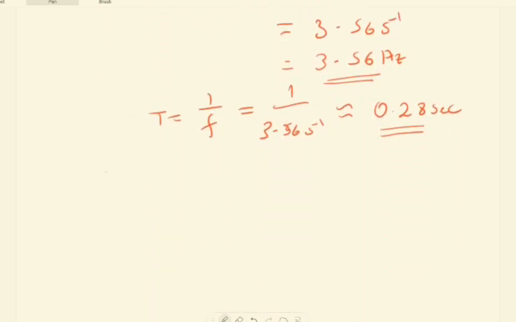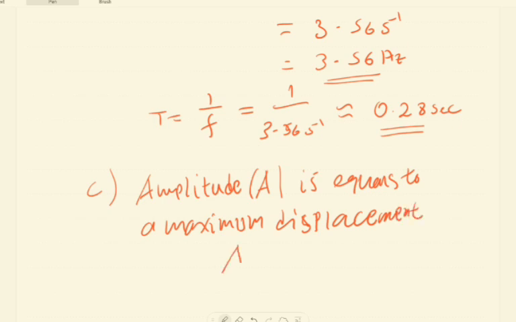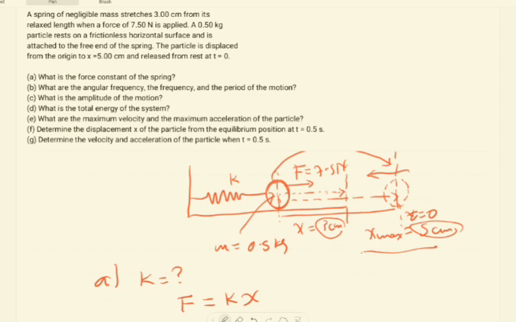So simply an amplitude is given by 5 centimeter. So in part C, the amplitude, or simply A, is equal to the maximum displacement. That being said, the amplitude would be the x max, or amplitude would be in this case 5 centimeter. So good. So if you found now, we have calculated the basic things, and in part D we are asked to